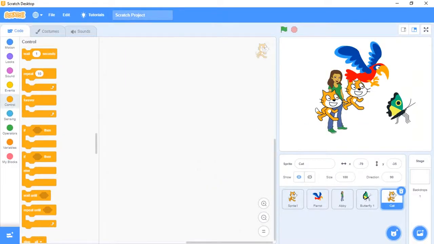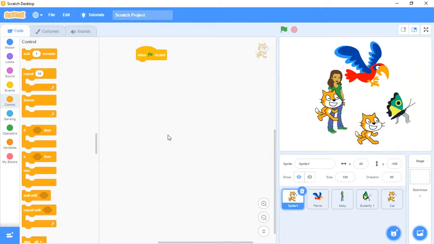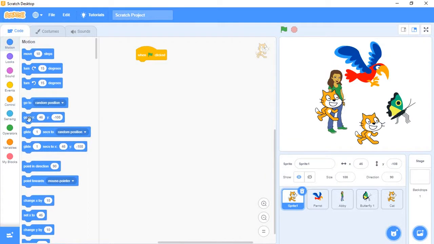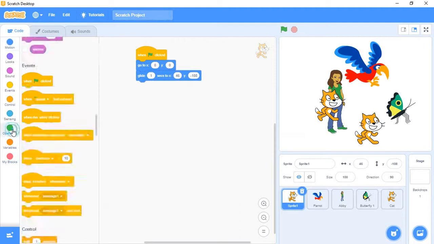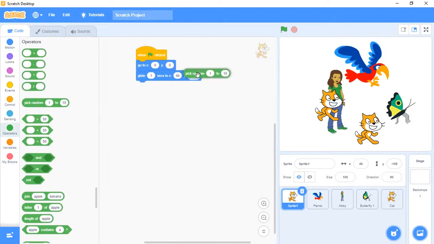Make use of the cat itself. When you click on this, it should glide. Initially set go to 0, 0. Fine. Next, glide. Where is glide? Here. Then pick random.